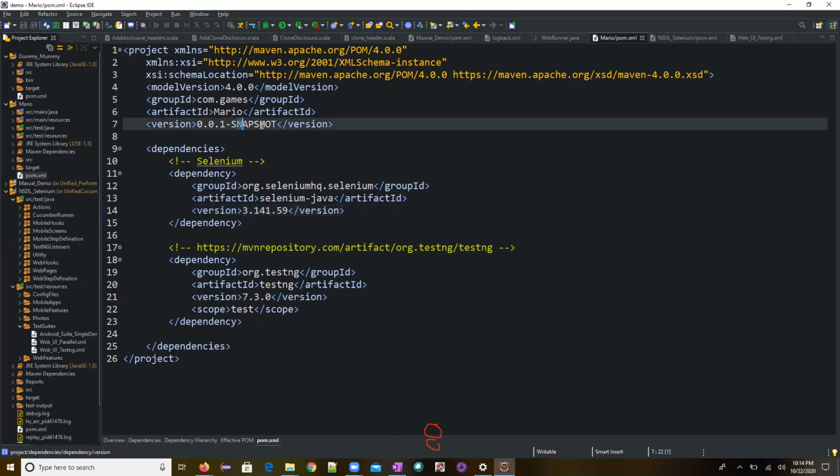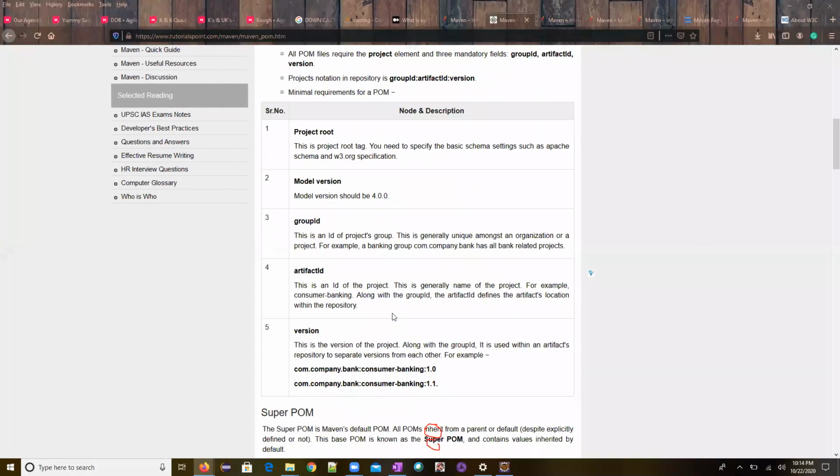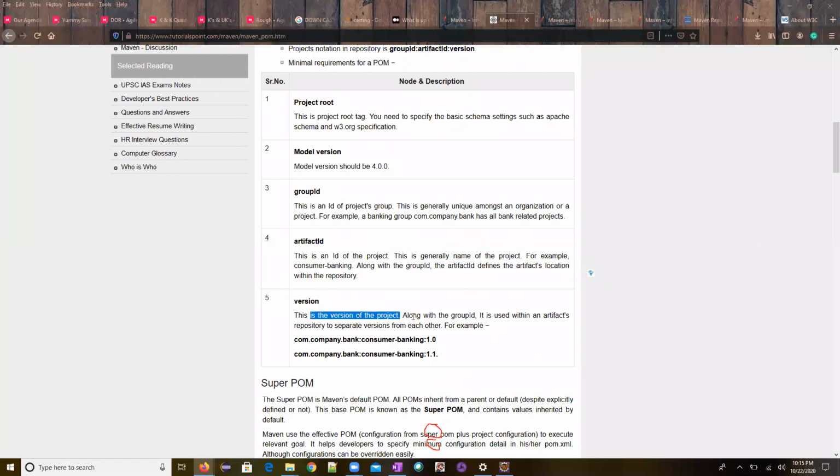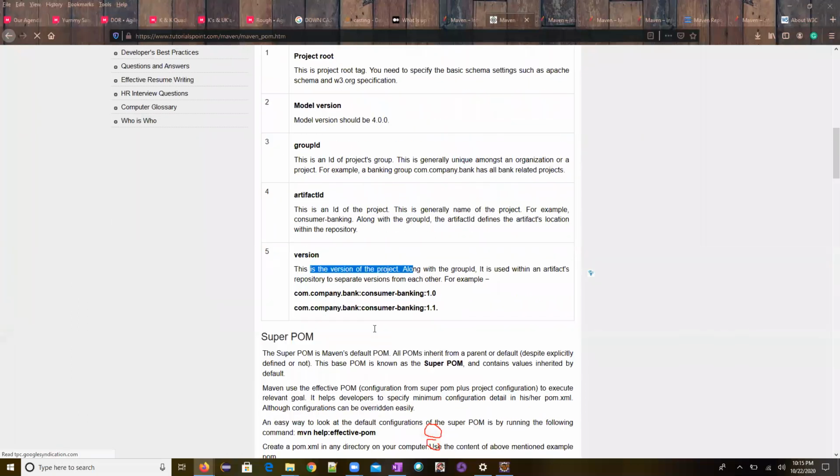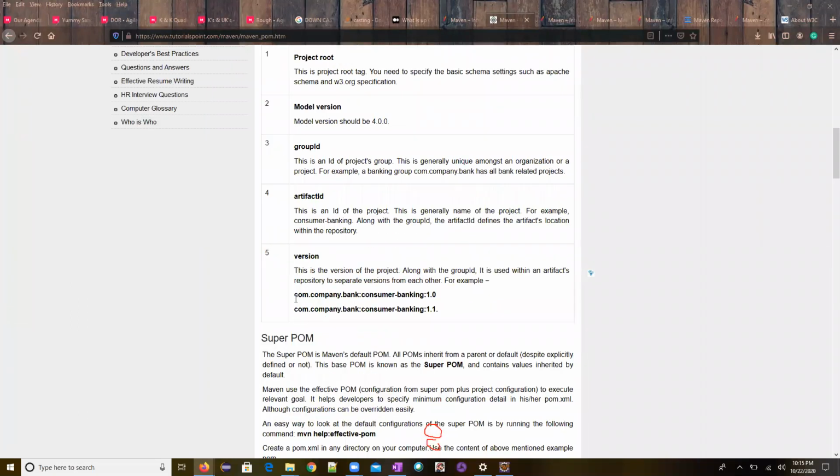Now, snapshot. What do you mean by a snapshot? There is a good example here when we are talking about the snapshot. So this is a version of that particular project. And how you mention that particular version is a standard pattern: group ID colon artifact ID colon the version number.